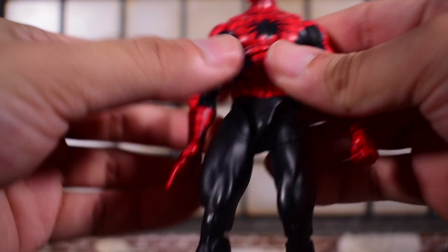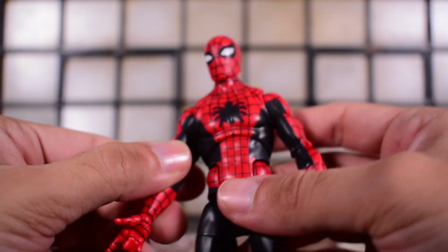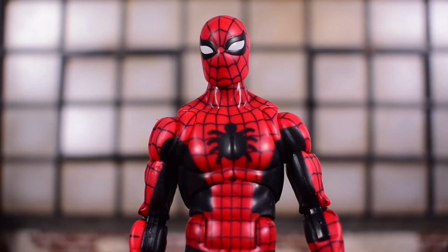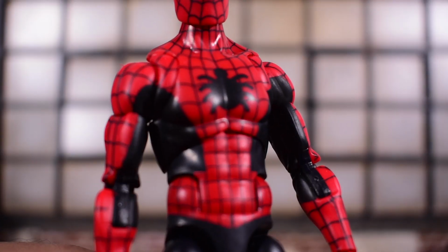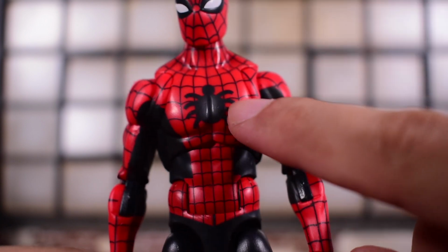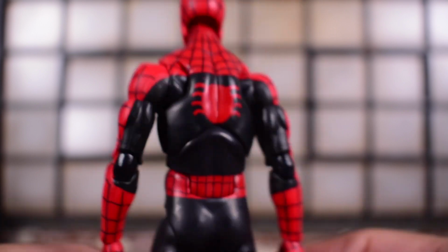But it's pretty cool that we get two different versions there, and it's even more nice that it is indeed removable. The peg holes don't bother me too much; they're pretty well hidden as well. So while we're here, we'll take a closer look at Spidey. You can take a better look at that paint deco of the web lines on his torso. If I can get it to focus, there you go. And then his spider on his chest there, which is pretty big, but that's how it is in the first